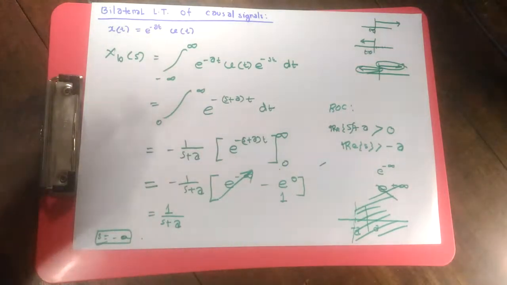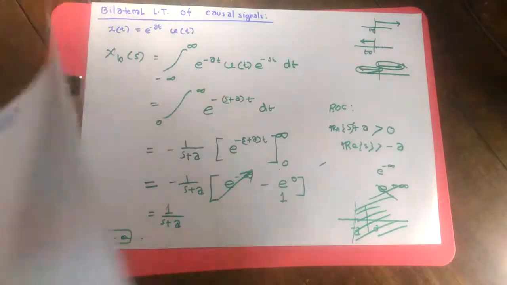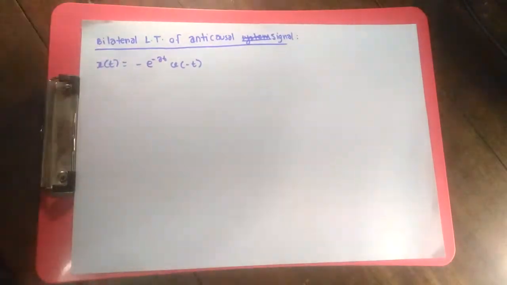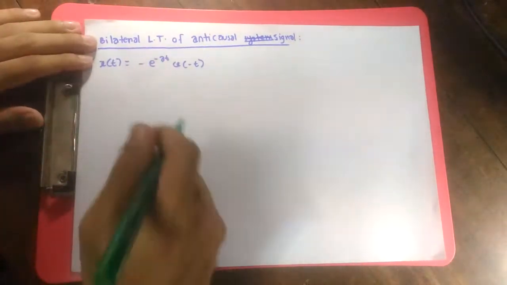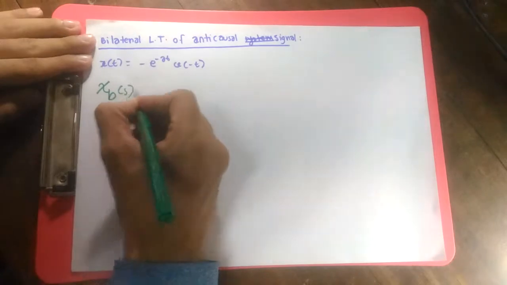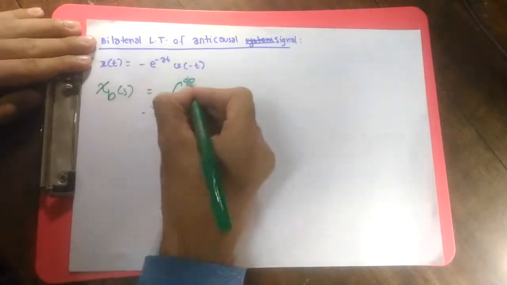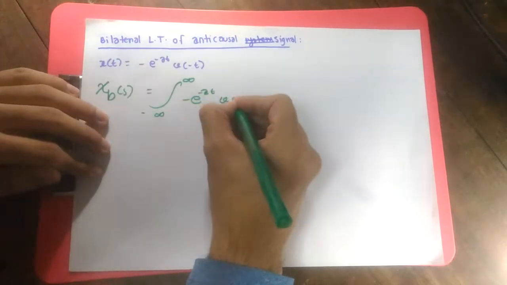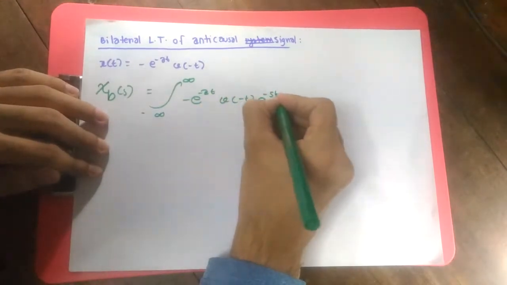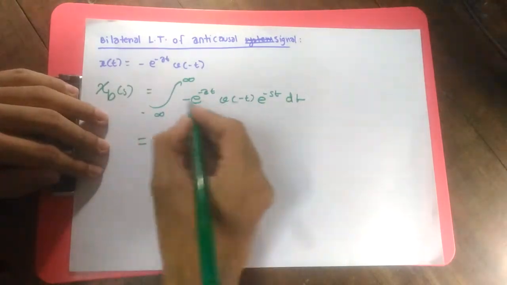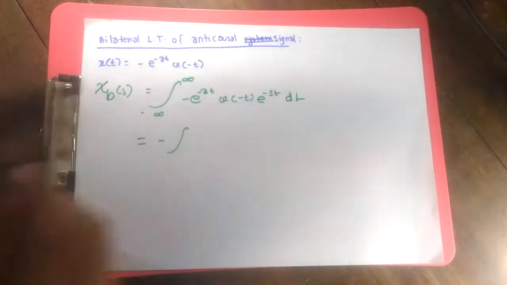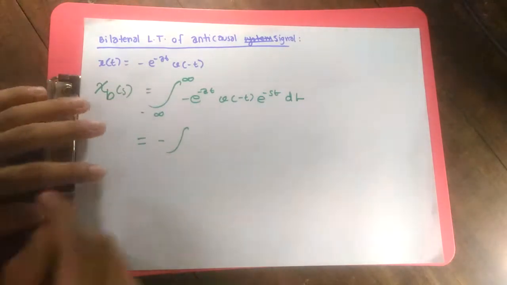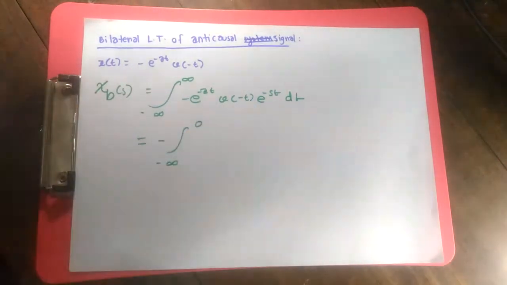All right, so we're going to do the Laplace transformation of exactly the opposite signal, an anti-causal signal, and it's given on here. If we do our Laplace transformation, then according to our analysis function, it is going to be minus e to the power minus at u of minus t e to the power minus st dt. If I take the minus outside, and as u of minus t has a value of 1 before 0, I can change the limit to minus infinity to 0